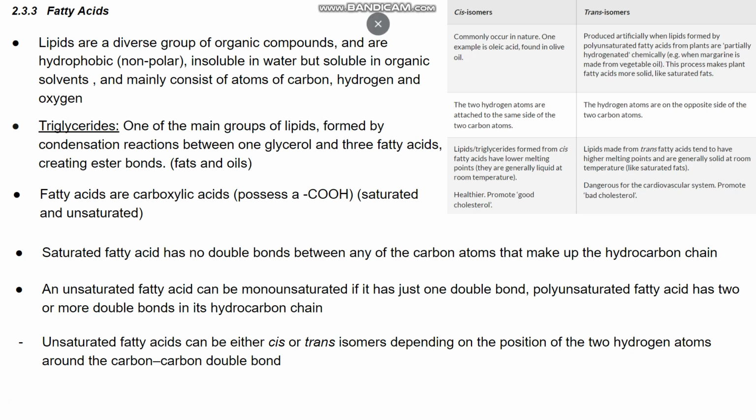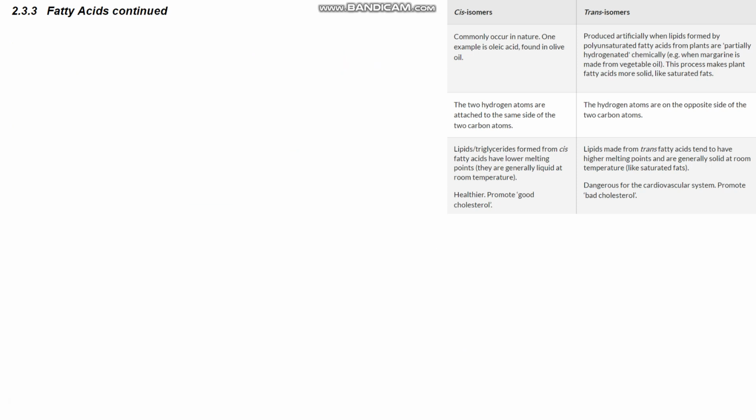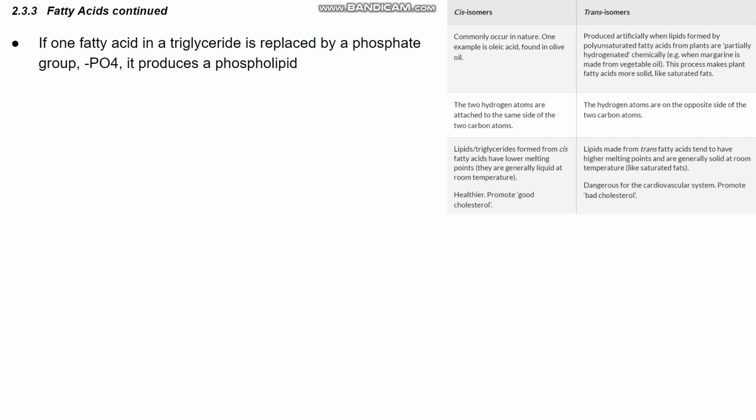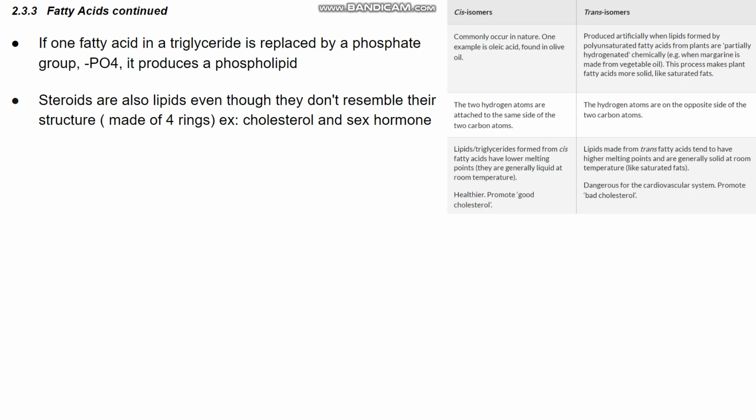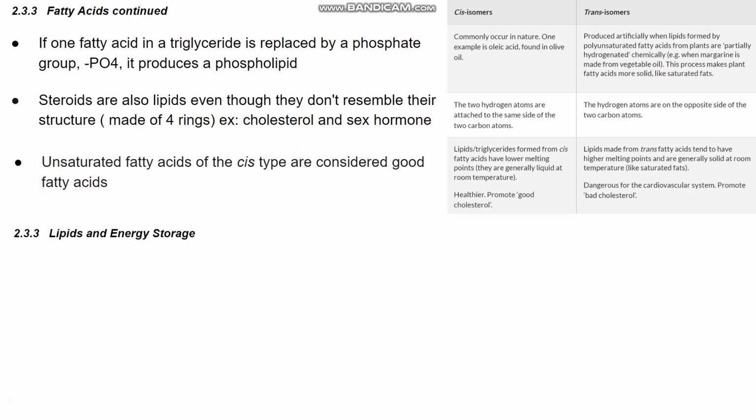You can check this table for reference. Now, if one fatty acid in a triglyceride is replaced by a phosphate group, it produces a phospholipid. And steroids are also a form of lipids, even though they don't resemble the structure. Examples of steroids are cholesterol and sex hormones such as testosterone. Unsaturated fatty acids of the cis type are considered good fatty acids, meaning healthy, and